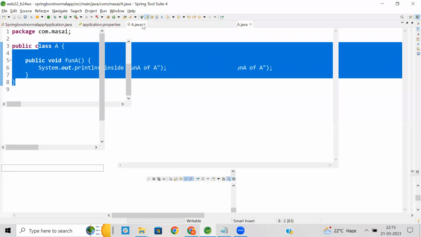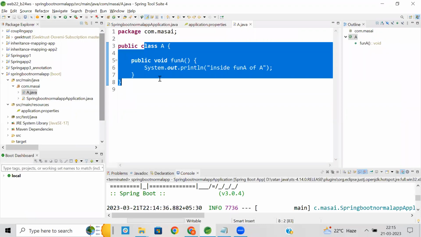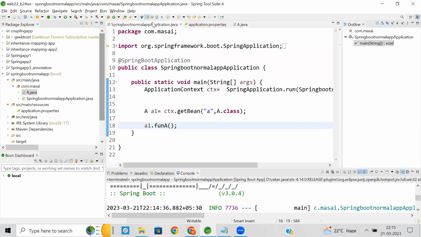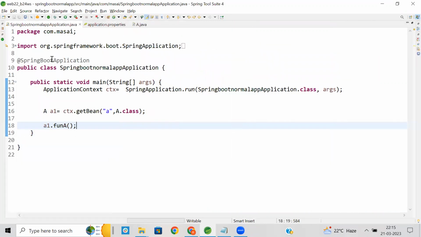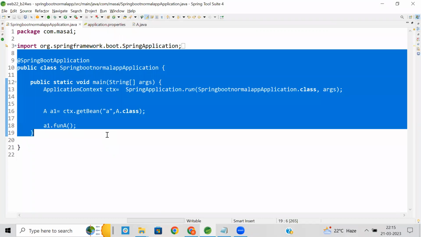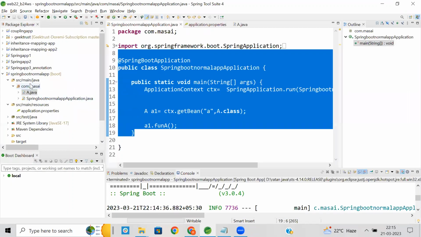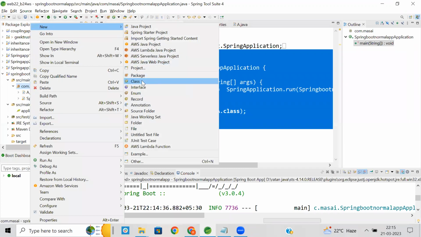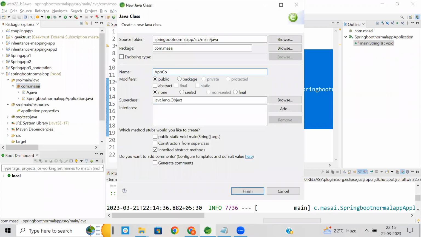That means we have to use the @Bean annotation. So where do we write that @Bean annotation? We can simply write that in our main class, because this class acts as a configuration class. Or you can create a separate configuration class. That means you can create another class. We always prefer to write another class like AppConfig,